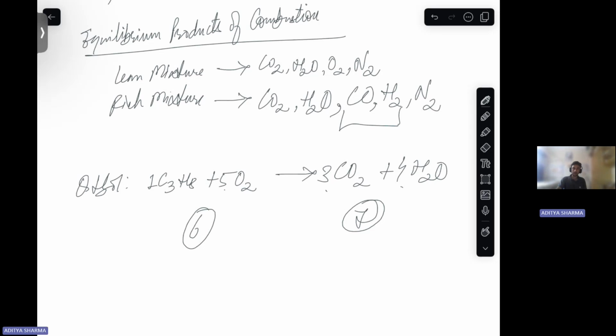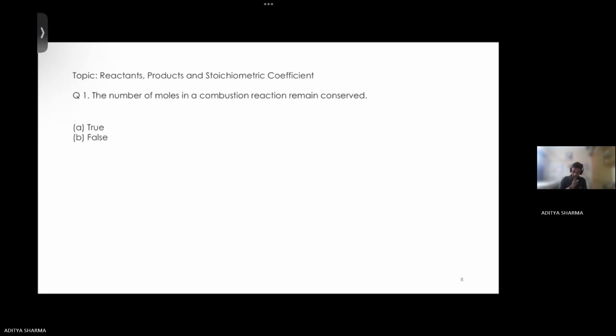It just asks whether the number of moles in a reaction remains constant. So reading it this way, it comes out that the number of moles is not always conserved, right? They do not remain conserved. For the different elements, though, it has to remain conserved, right? But the number of moles of reactants equal to the number of moles of products, this is not the case. So this will be a false statement, right?